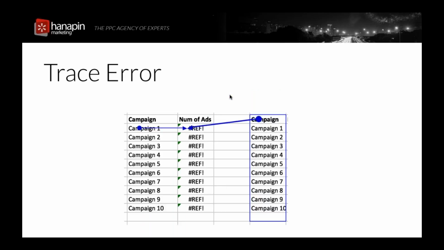And this is an example of the trace error. Depending on how complicated your formula is and what kind of formula it is, this may or may not be helpful, but it will draw a little diagram showing you which cells that formula is referencing. So this might be helpful if you think you're pulling in the wrong columns, the wrong cells. Go ahead and click that trace error and see if you've got any red flags here. Again, if your formula is super complicated, this might be more confusing rather than helpful, but it might be worth